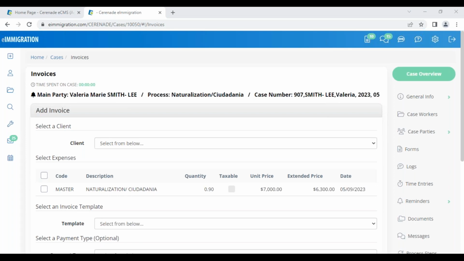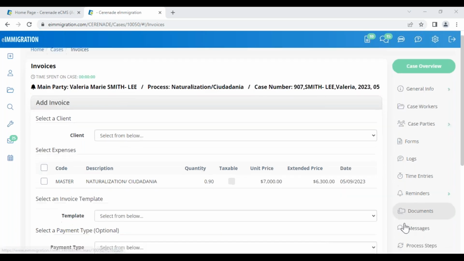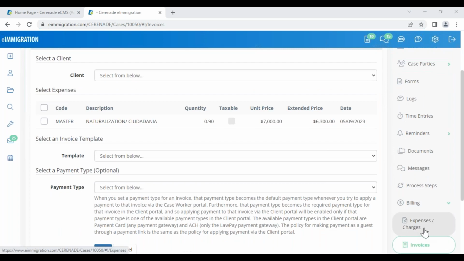What if the case is already created? It's okay. You can just open the case, go to billing and add the expenses and add the invoice. It doesn't matter. We have clients that add billing later, after the fact that they have been using eIMMIGRATION. So you just open the existing case, go to billing, and add the expenses so that you create